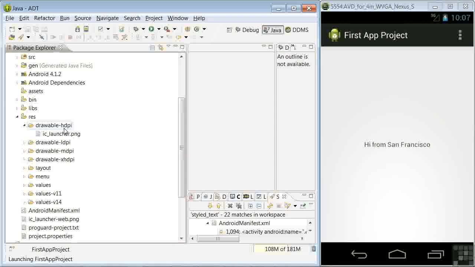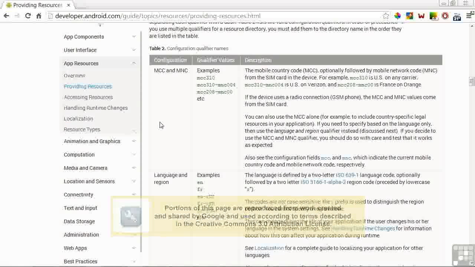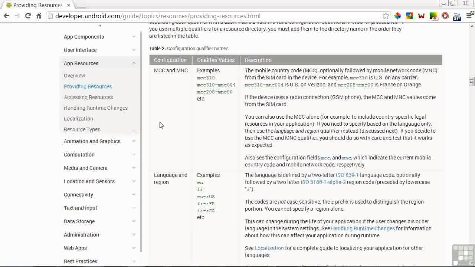For example, in our first app, we used -hdpi appended to drawables to designate images for high-density screens. There's a table on the developer's website, on the providing resources page that's shown here, detailing qualifier name options. As you'll see as we go through the options, there seems to be a bewildering and large set of choices